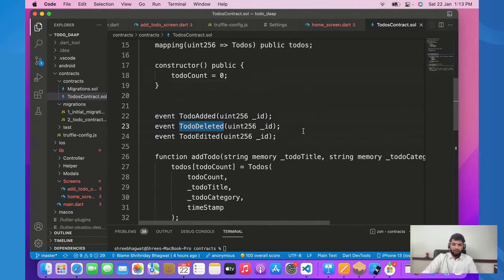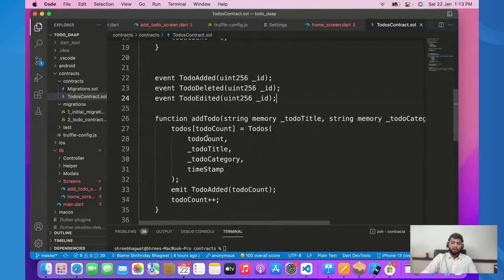And the third event, which we're not going to use but I've actually created, is todoEdited. For example, you have created a to-do item in the list and you want to edit it, maybe its spelling, or you want to change it, or you want to add something, then you can edit it over here. Below is a function. Okay, so now these are the functions, and this just takes a to-do count, and we just add all the data of the items over here. For example, the count, the title, the category, the timestamp, etc.